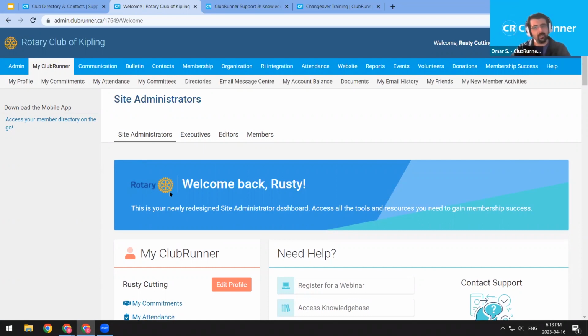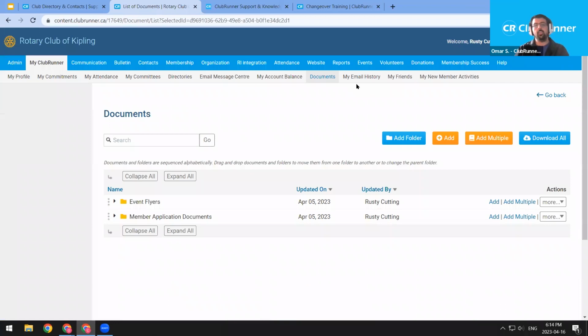So let's stick to the top blue bar. In My Club Runner, we have all of the items a member can access, my account balance, my own profile, and more. One useful link members can use is this documents link to open up the club's documents. So I'm going to go ahead and click documents, and you'll see Rusty, our site administrator, has uploaded 2 different